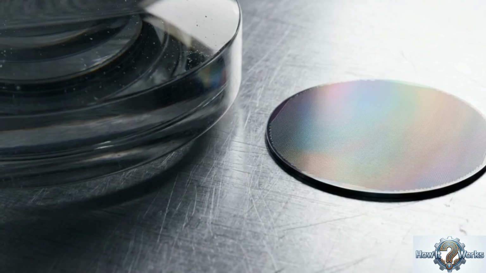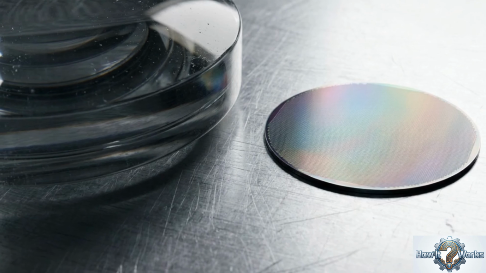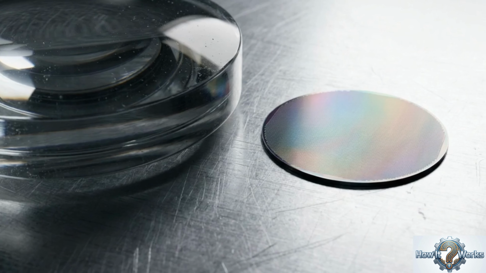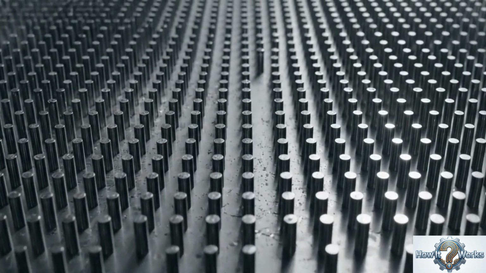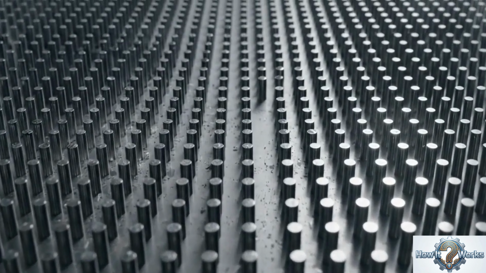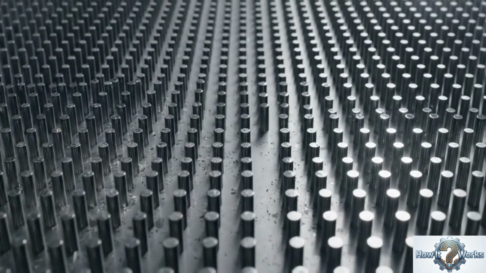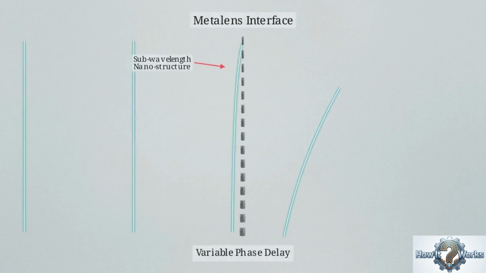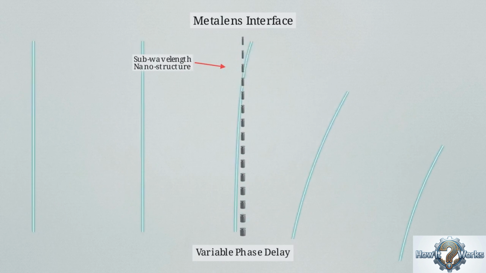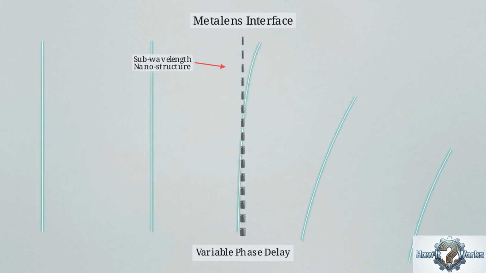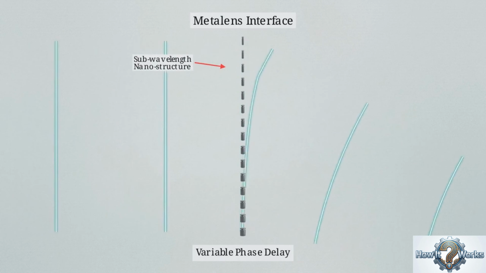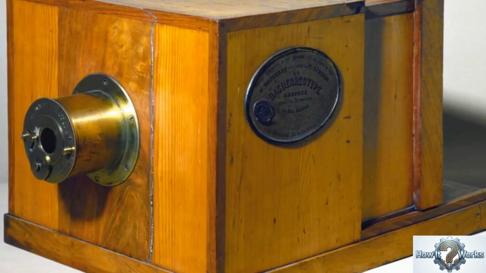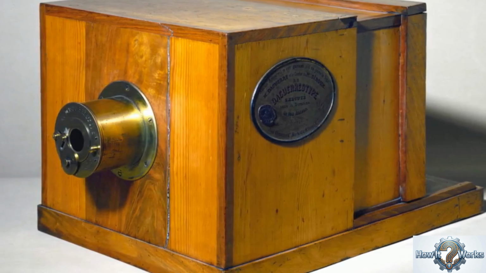The optical path is facing a similar architectural shift. The era of heavy, curved glass lenses is being replaced by metalenses. As seen in this generated macro flyover, a metalens uses thousands of microscopic, precisely arranged silicon pillars built on a completely flat surface. Instead of relying on glass density to bend light, these nanostructures manipulate the phase of light waves directly at the sub-wavelength level. The future of optical engineering requires abandoning the massive, curved designs of the 19th century in favor of perfectly flat,